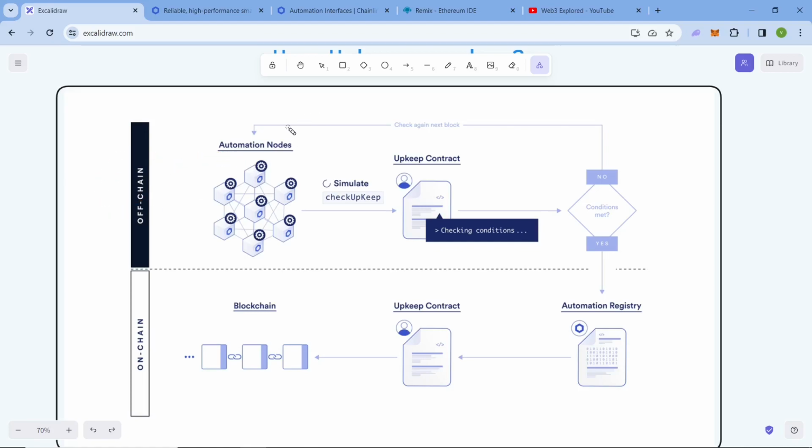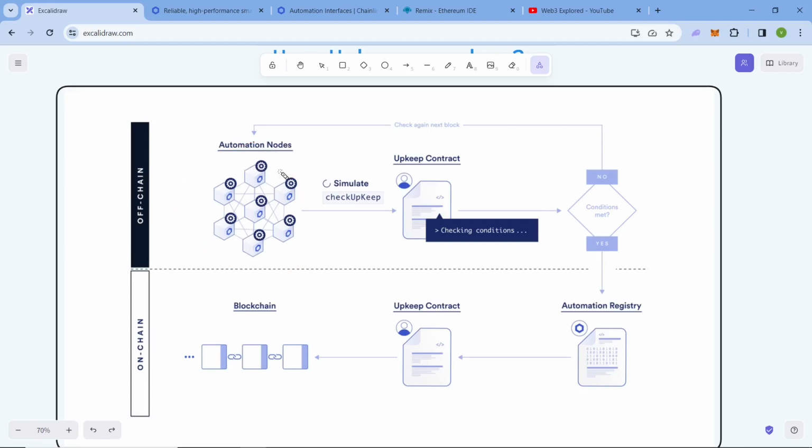So what happens is the registry contract will emit an event over here, which is constantly listened to by these automation nodes. Once these automation nodes get to know that there is a new upkeep being registered, they will store its data. Let's say there is a counter contract which you have created, and you have registered your contract in the upkeep based on a time-based upkeep of 5 minutes. So what happens is, the registry will emit an event which is being constantly listened to by these automation